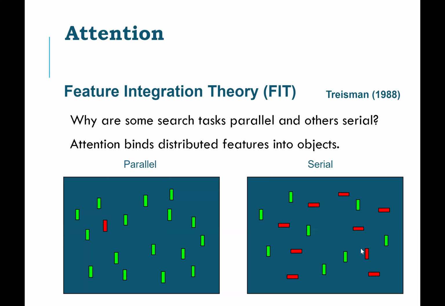Now, let's say I turn all these green objects and make them horizontal. Would this search task be easy or difficult after that? It would be easier because why? Yes, so now you don't have to look at color anymore, just orientation would be enough because that's what separates